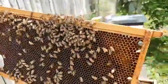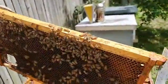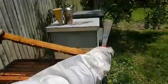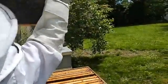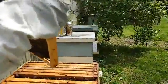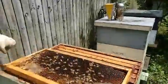So I may possibly be stealing a few more frames to throw in here from that one really active hive to trick them. So let's, what do I want to do? I'm going to leave this, because there's definitely no brood in here, right? Hold up the light, we can see that's not larva. Sometimes being a beekeeper, you have to make a decision based on what you see. So I'm just gonna leave this guy here and skip over to this